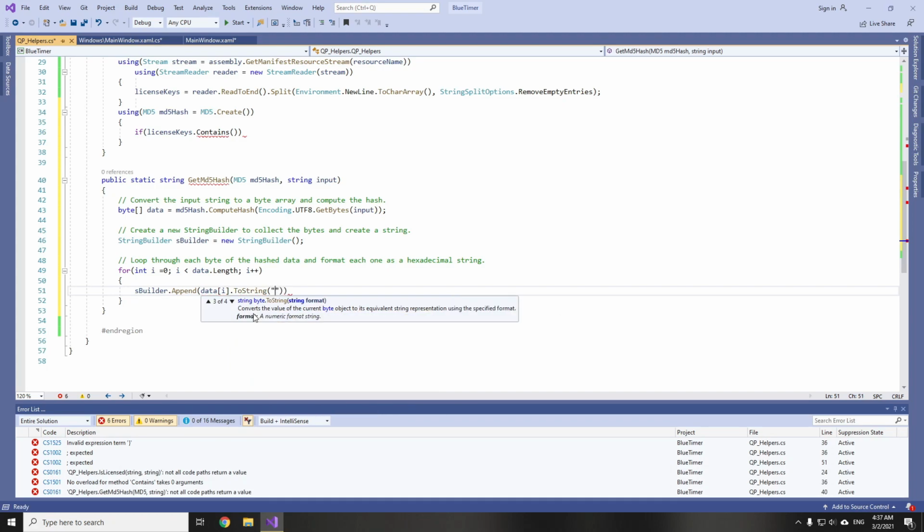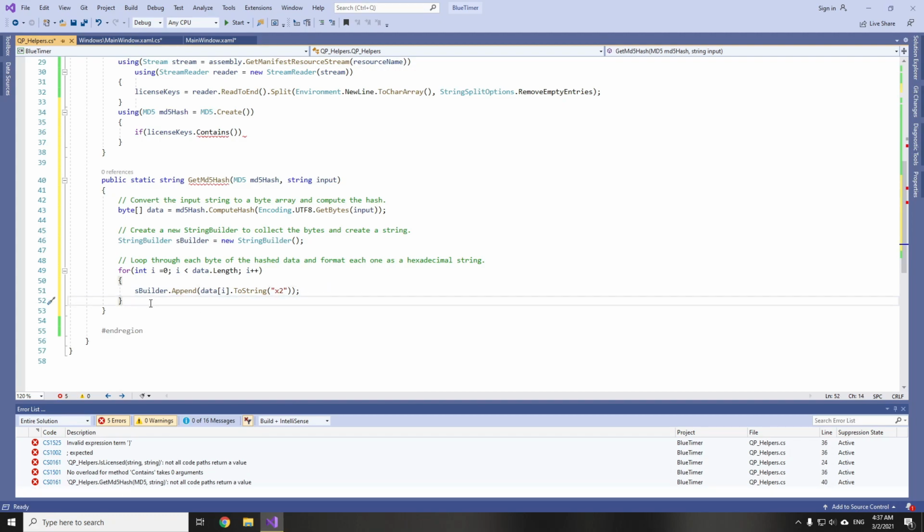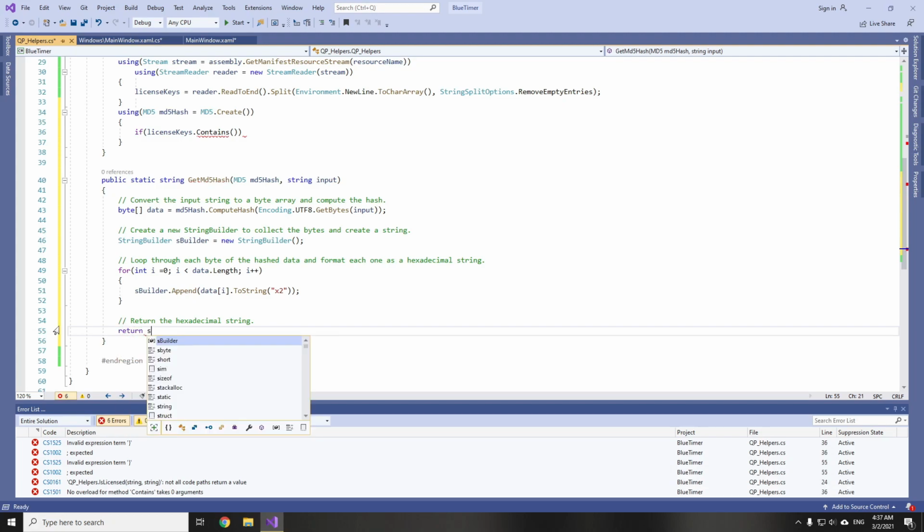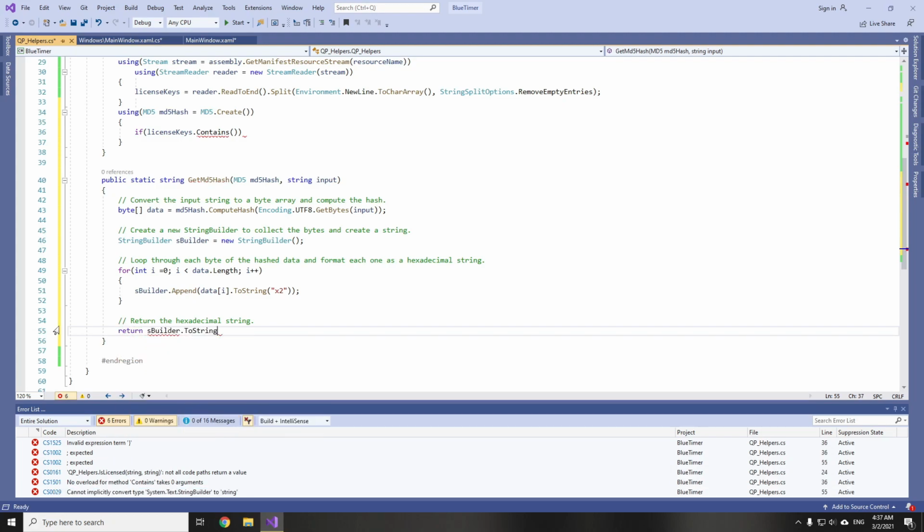And we set its format to x2. Okay, and after this we return the hexadecimal string, and here we just return builder ToString.